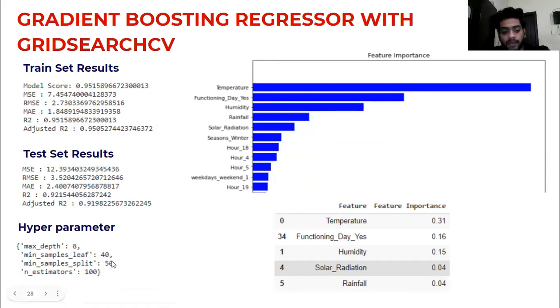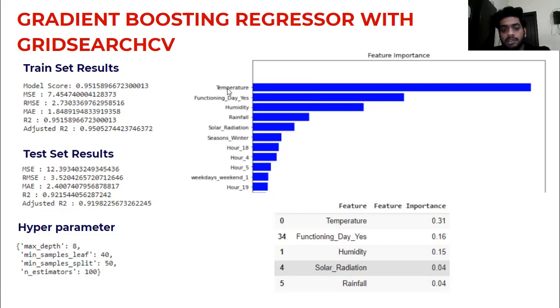Based on these, we get the train set results, that is R square is 0.95, and the test result R square is 0.92. That is also a good regression after performing hyperparameter tuning, and we get the feature importance also.